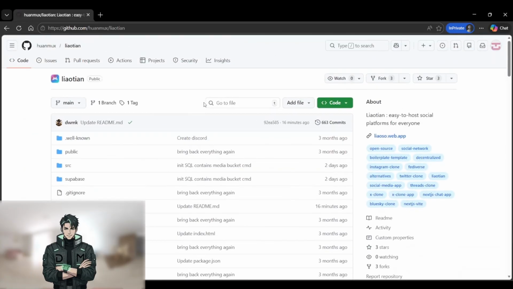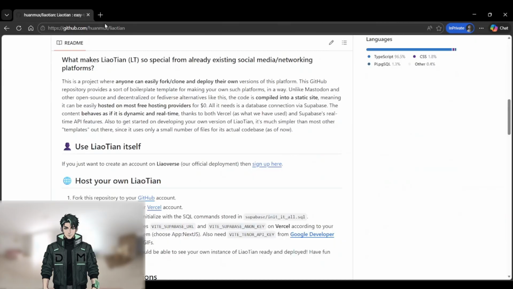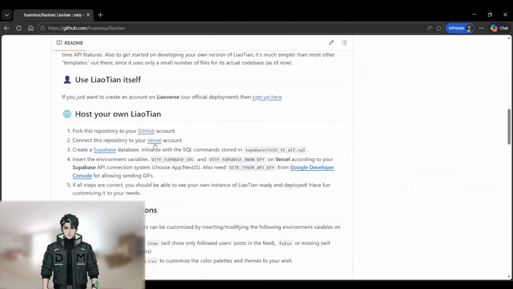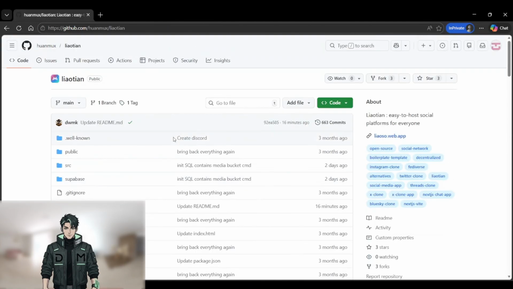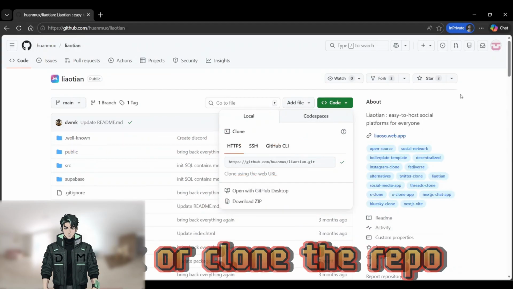So it's going to be using a template known as LiaoTian. So if you go to this page over here, I'll also leave a link to this repository in the description. So you should be able to see some instructions in here. So the next step you need to do is make sure you fork it, or you just copy the link,